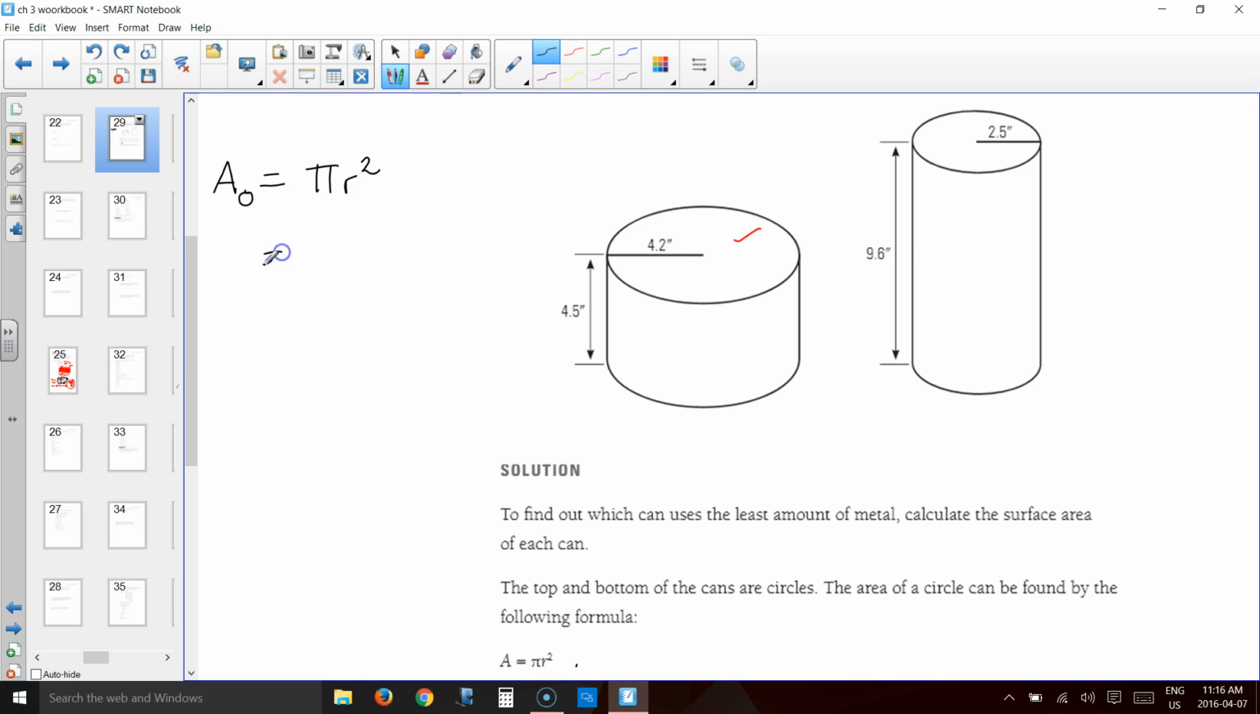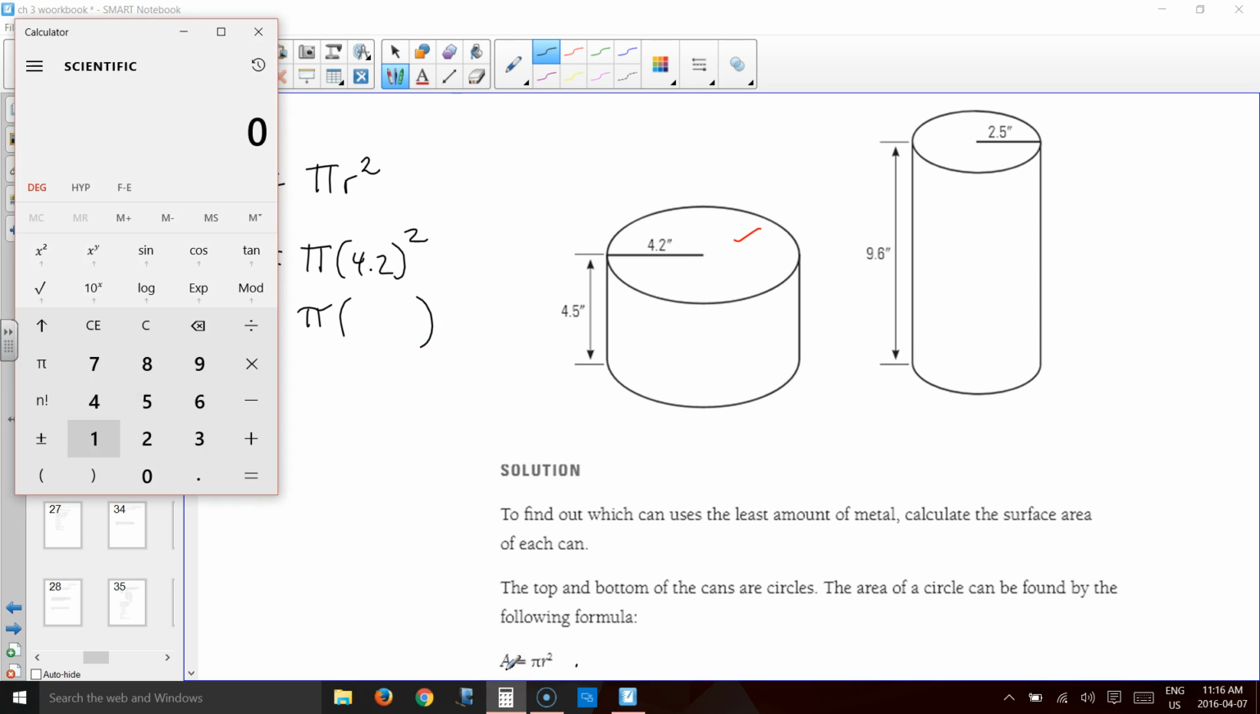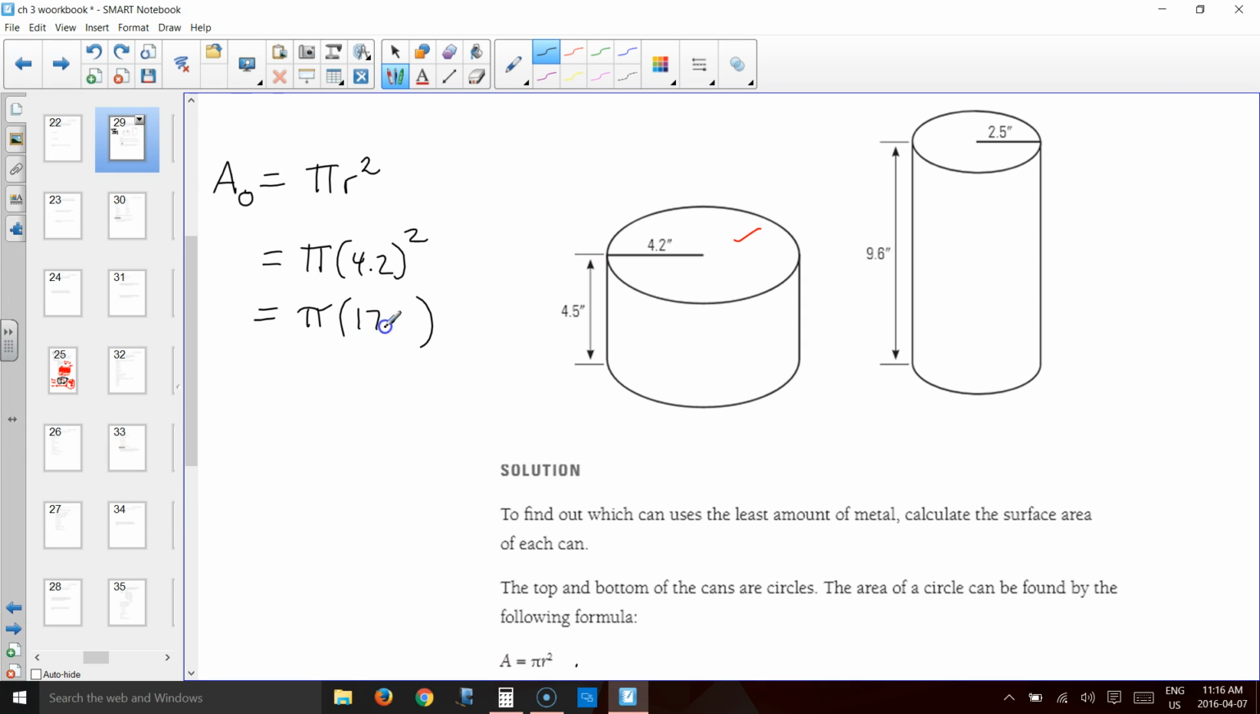Let's plug numbers in. That means the area in this case is pi times the radius, 4.2 inches, squared. This is me showing all my work, okay? So I'm going to square the 4.2. So it's going to be pi times 4.2 times 4.2. A lot of people multiply it by 2. Don't do that. Remember, you're squaring it by itself. So 17.64,